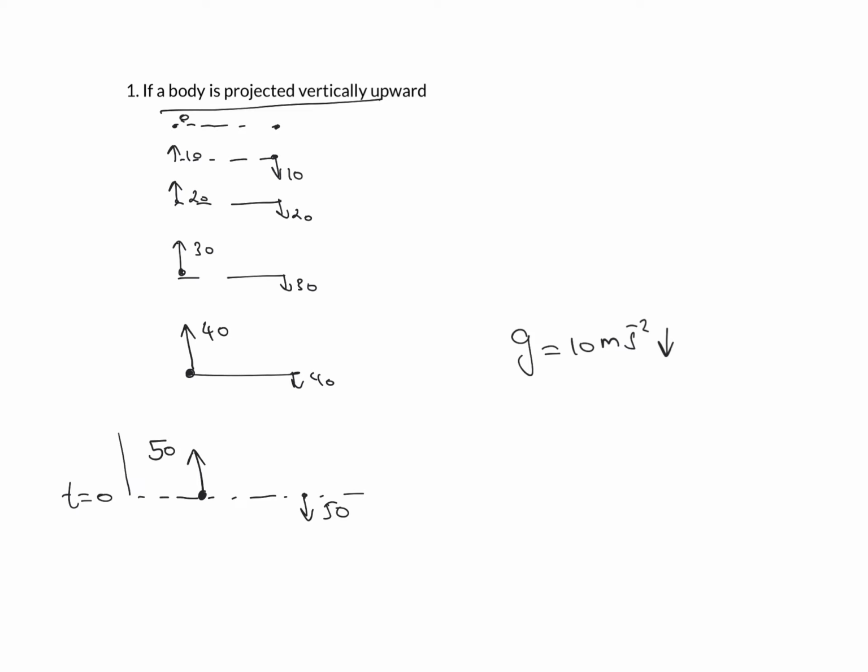And we can observe that the time taken by the particle to move in the upward direction will be equal to the time taken by the particle to move in the downward direction. So we use the words that time of ascent is equal to time of descent. If an object is projected in the upward direction with an initial velocity, represented by u, our aim is to find things like the maximum height reached by the particle and the time taken to reach the maximum height. So let's see how we'll calculate it.